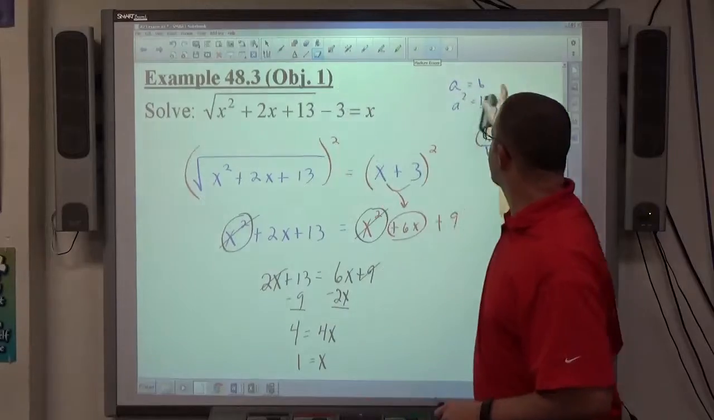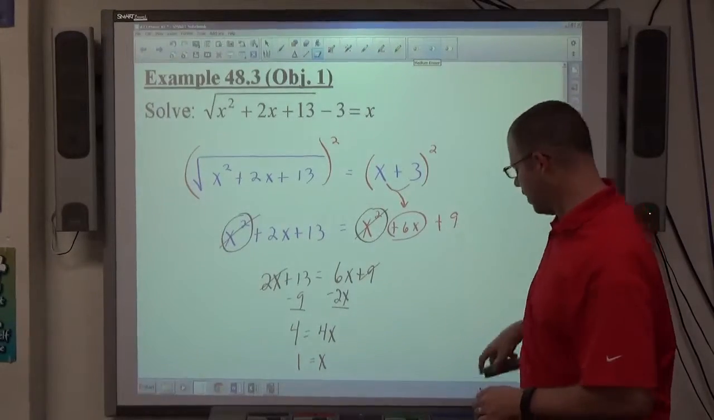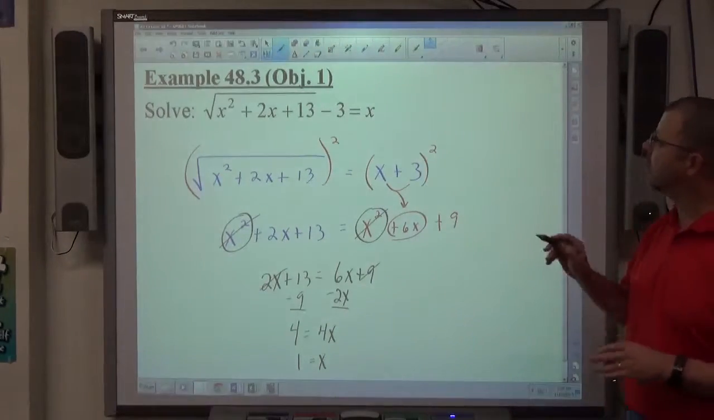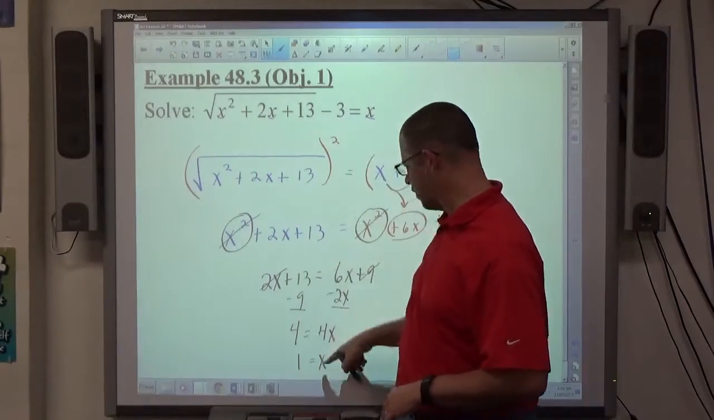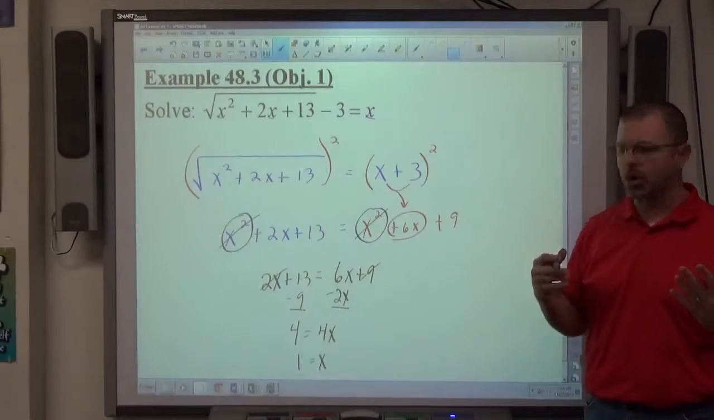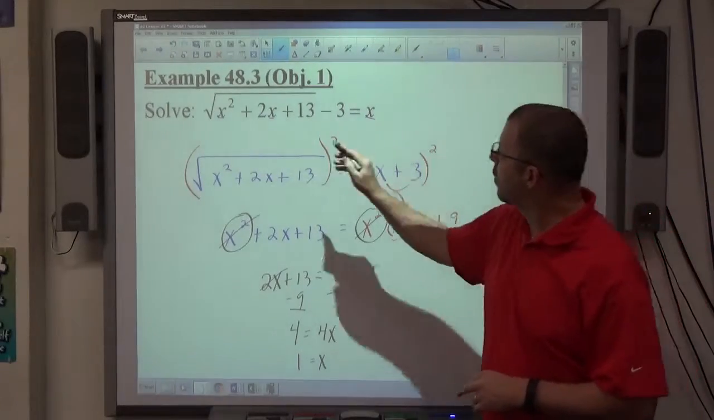Again, that represents the candidate for the right answer. It's not necessarily the right answer. So what I have to do at this point is change each x, this one, and this one, and this one, all to the number 1. Verify that it actually works. So looking at the square root expression here,